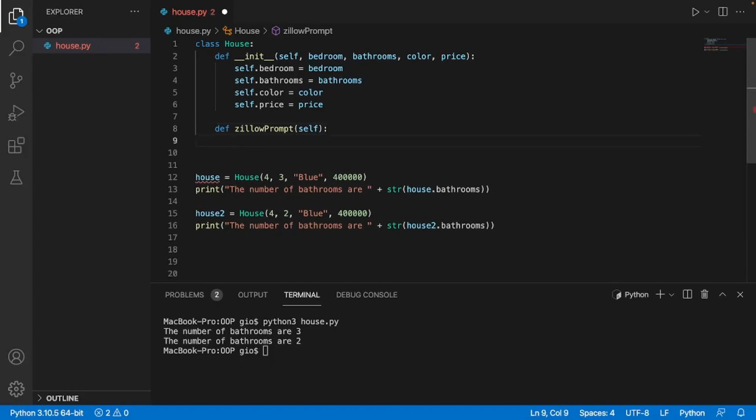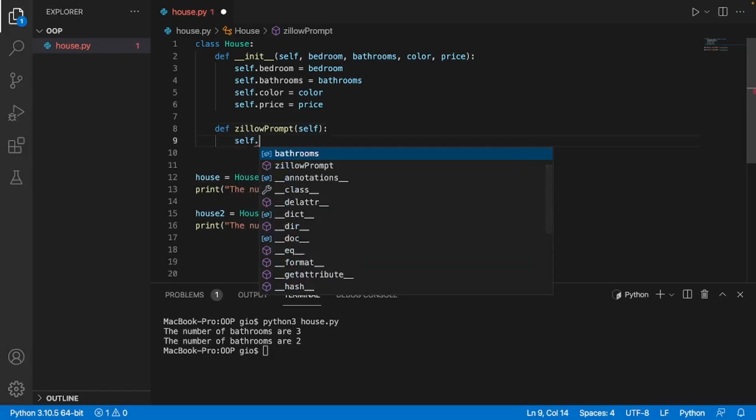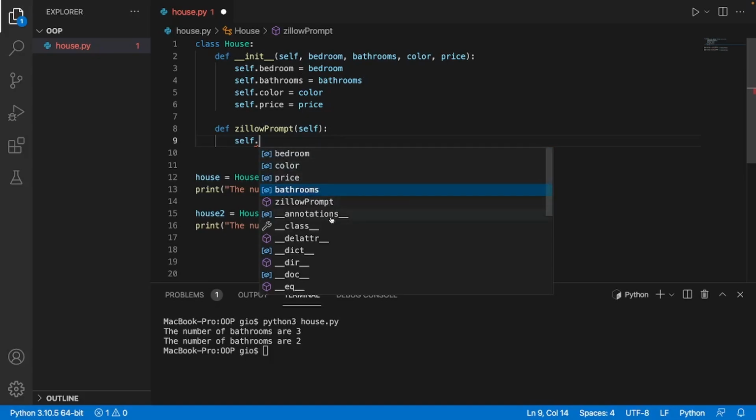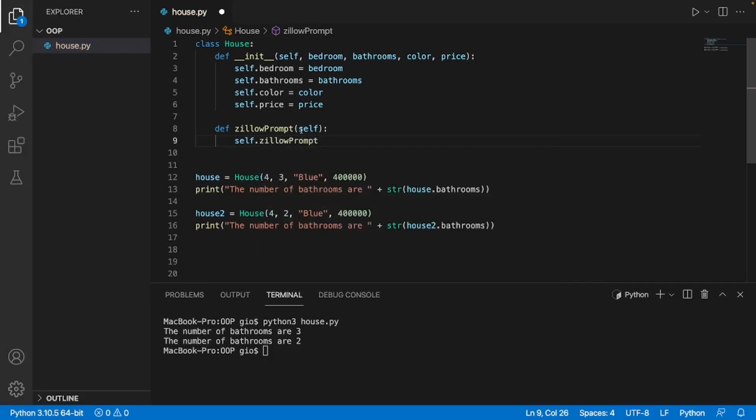So even when we use self dot, we'll be able to grab attributes that were defined for a house, and even if we wanted to call other methods that were created, we could do that. Obviously you don't want to call zillow_prompt itself, that would cause problems, but you can grab variables, which we will because we're creating a prompt. So let's do a quick print,